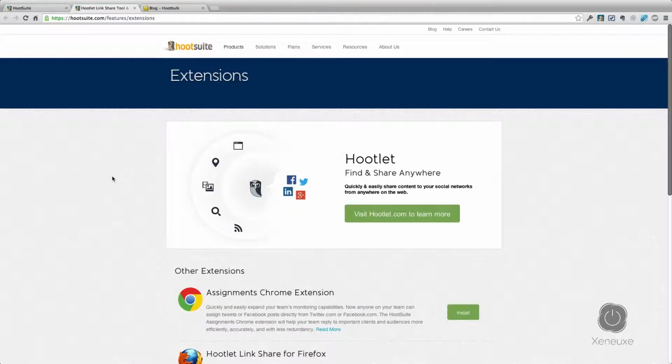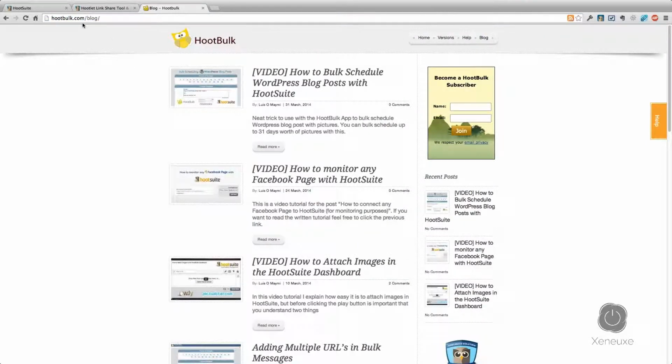The fourth option to send messages with HootSuite is by using the Hootlet. The Hootlet is a Chrome and Firefox extension that allows you to use the previous 3 options, which were Send Now, Schedule, and Auto Schedule, from any website that you visit. For example, if you are in the Hootblog.com blog, you can send this page to your HootSuite connected social networks by clicking the Hootlet icon here,